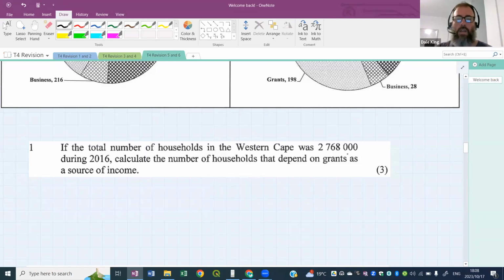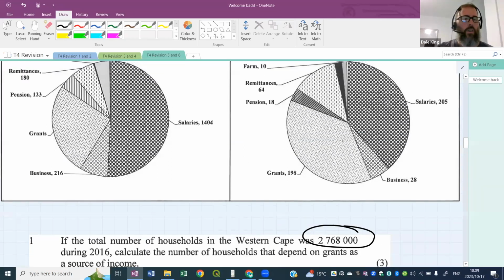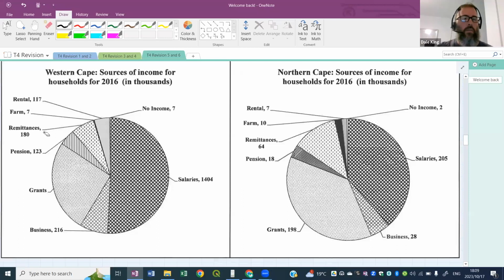All right. So they give us the total here. They're saying all the income sources in the Western Cape, all the households, add up to 2,768,000. Therefore, calculate the number of households that depend on grants as a source of income. All right. Now, why did they give us that total? Well, if we go up here, we can see that grants over here on the left, bottom left here, has no value on it. Okay. And they say the total is 2,768, if I'm not mistaken. So 2,768,